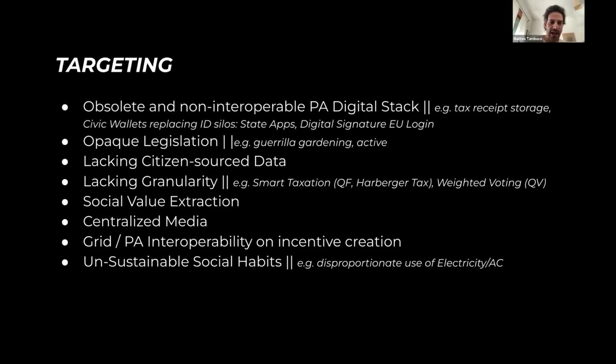Then we have centralized media that definitely need a different approach. This is, by the way, a European agenda to fight fake news with a new stack of media. And then, as I said, there's interoperability between the grid, the PA, and incentive creation for good habits.